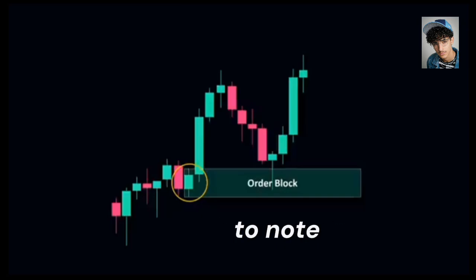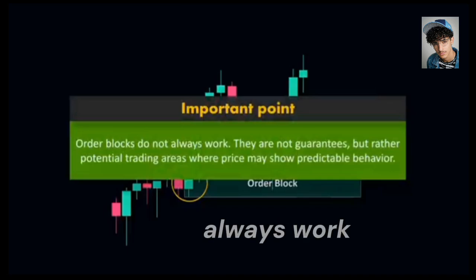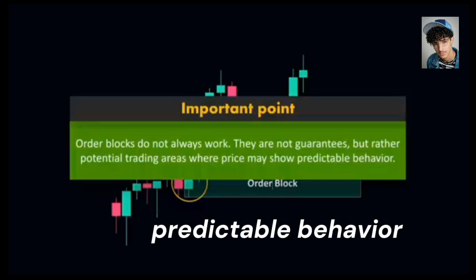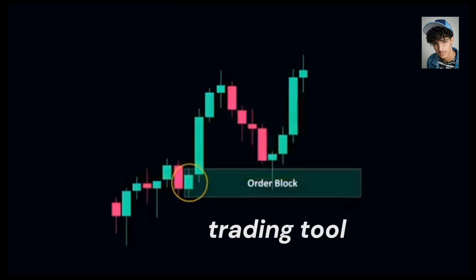It's important to note that order blocks do not always work. They are not guarantees but rather potential trading areas where price may show predictable behavior. Like any trading tool, order blocks